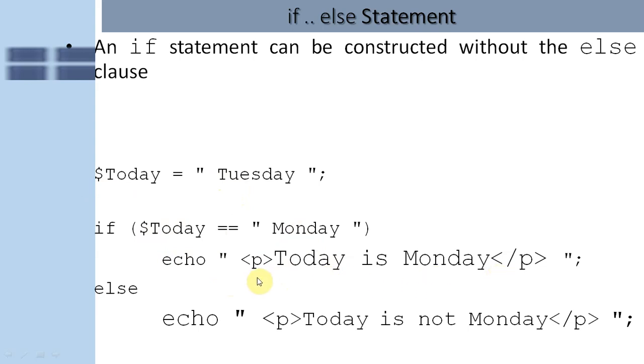Today is Monday. It is started by <p> and </p>. By using this echo, we are printing this statement. Else, echo today is not Monday. It will print this statement in case it does not match. We can write the paragraph tag inside the echo, and in this place we can use h1, a bold tag, or an italic tag. We can use any HTML tag inside this echo, just like in a Java servlet, where we also use tags with the out.println statement.